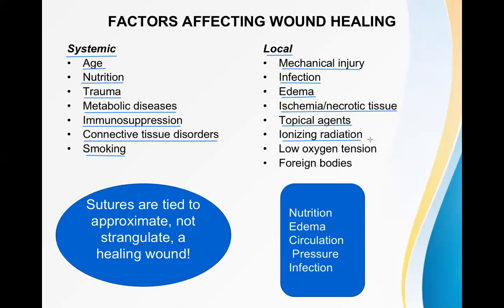If somebody is exposed to ionizing radiation, there is decreased chance of wound healing because of the damage to the tissue there, because of the damage to the blood vessels as well. Low oxygen tension or hypoxic condition, wound is not going to heal in time. We need good oxygen supply there. And never forget this very, very important point. Any foreign body which is present in the wound is not going to heal in time. We need to remove that foreign body immediately. Okay, so these are